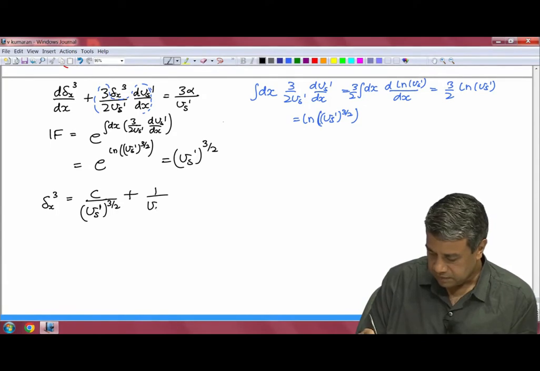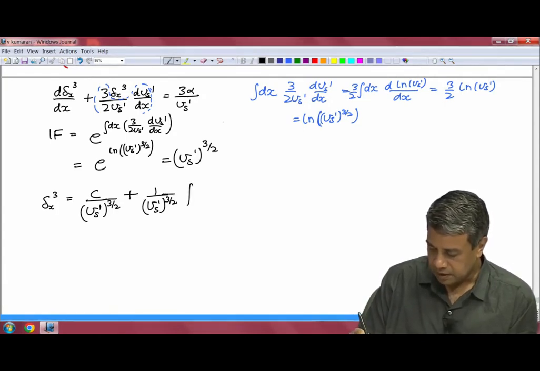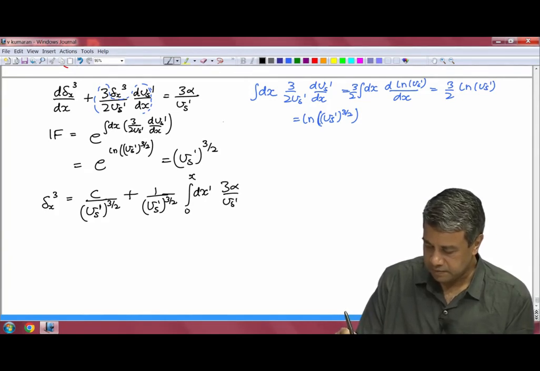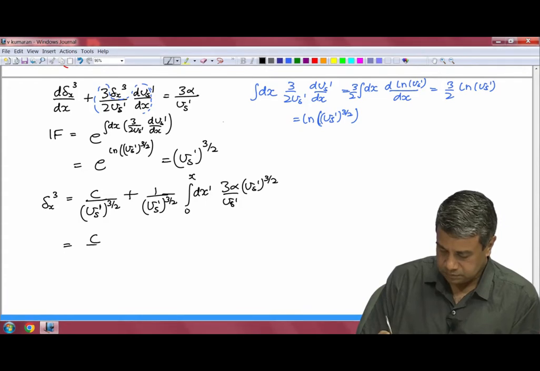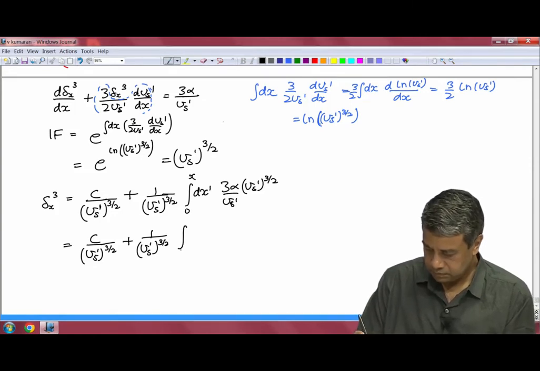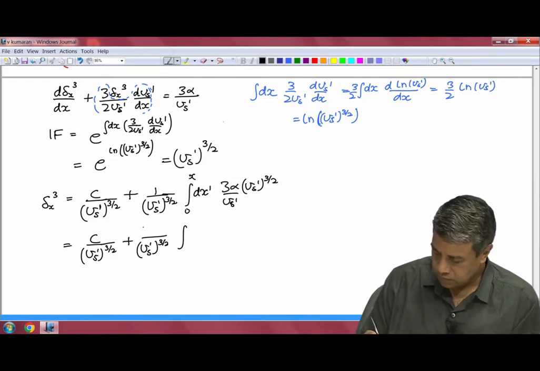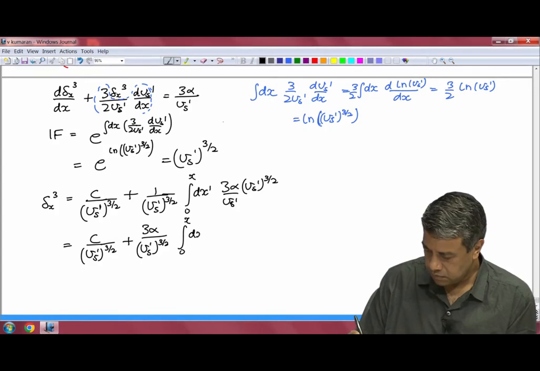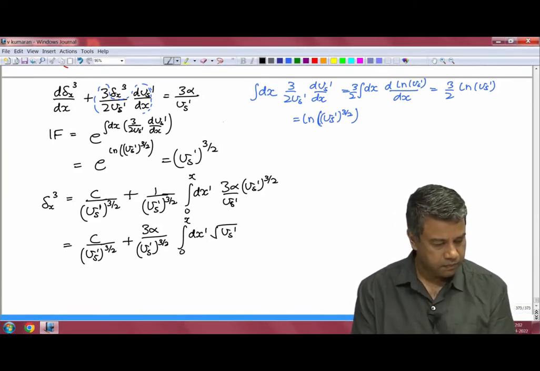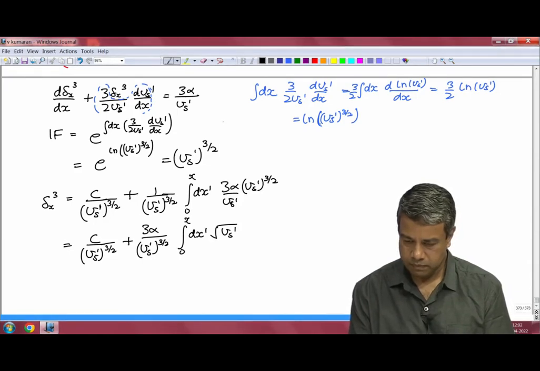So, I will have 1 over Vs prime whole power 3 by 2 integral 0 to x dx prime of 3 alpha by Vs prime into Vs prime whole power 3 by 2. So, this is the final expression for the